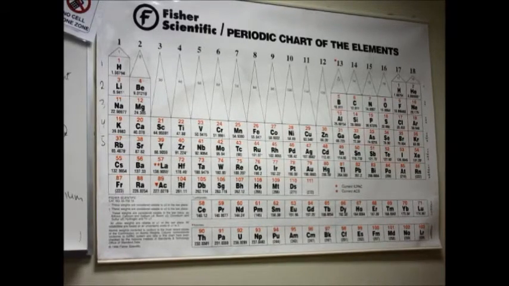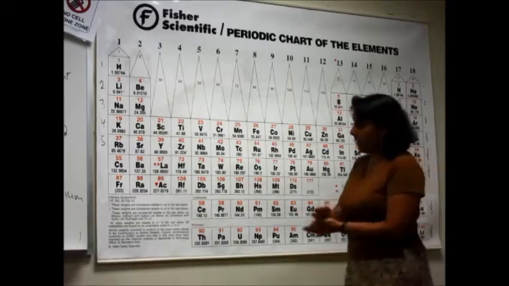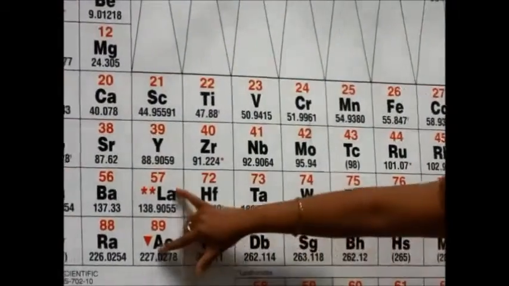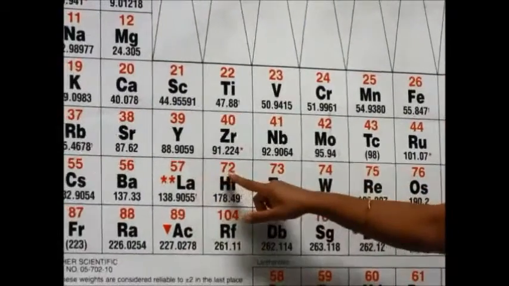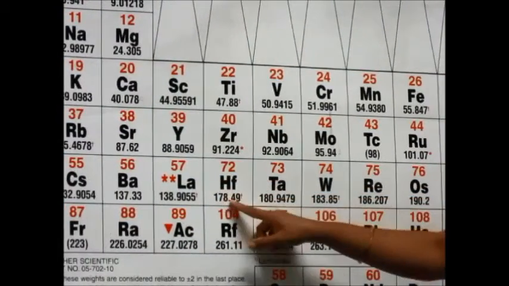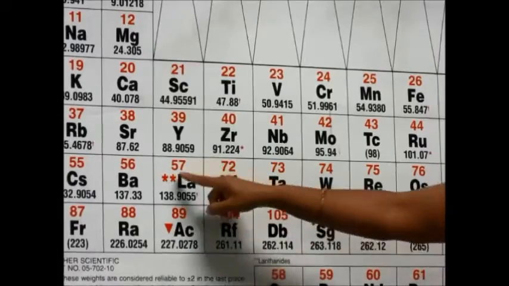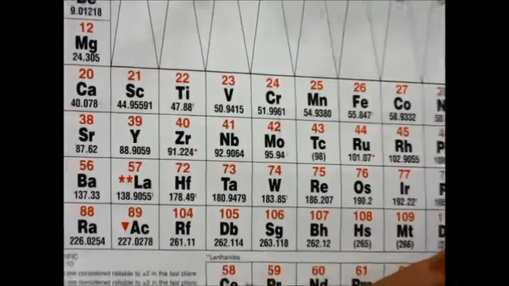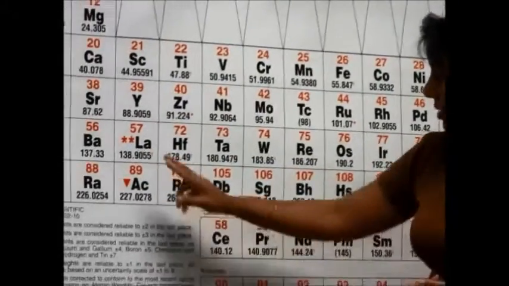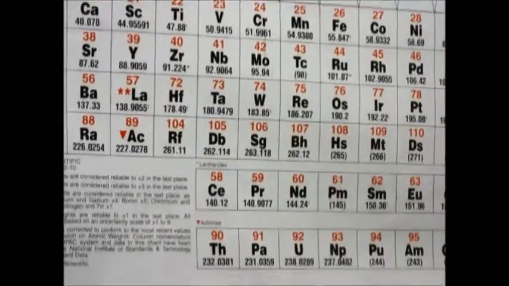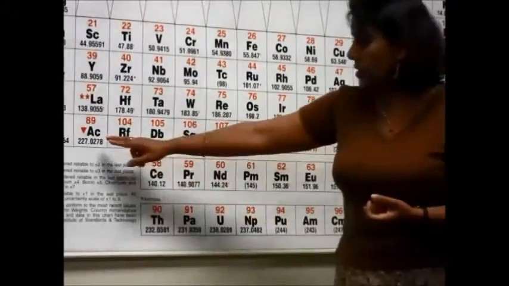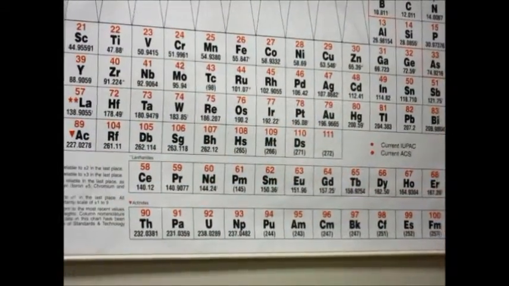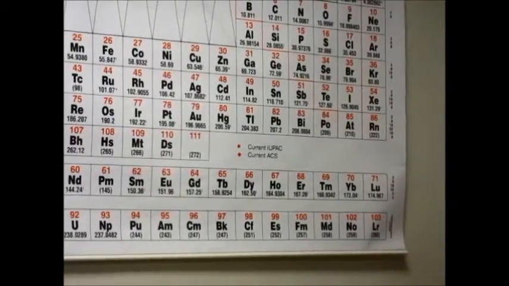All right, the other thing that I want to show you is right here, lanthanum and actinium. These are 2 elements. They go from 57 to 72 for the next one over here. And so 57 continues here to 58 down here, and this is coming from lanthanum. So this is called the lanthanide series over here. And the next one, which is coming from actinium, this is called the actinide series then.